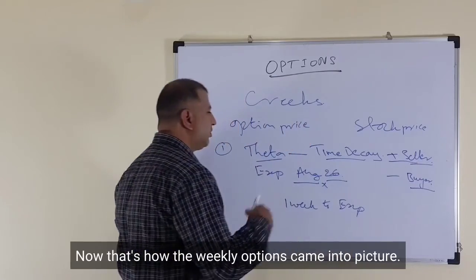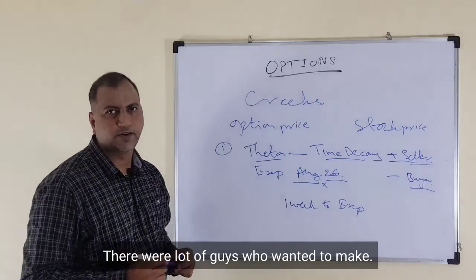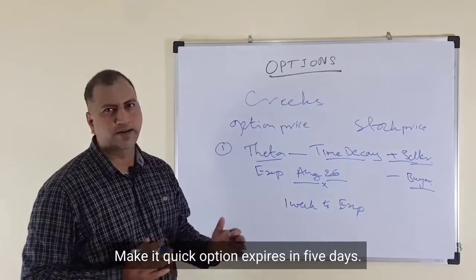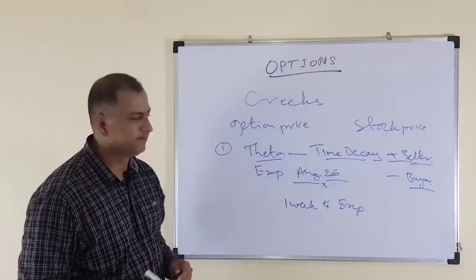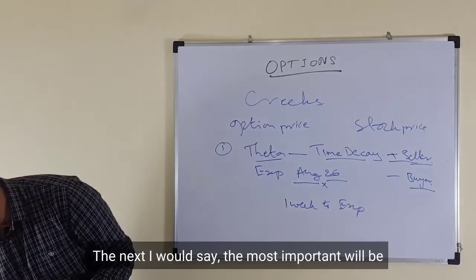Now that's how the weekly options came into the picture. There were a lot of guys who wanted to make it quick. The option expires in 5 days. 5 days, you make it or you kill it. The next, I would say, the most important will be